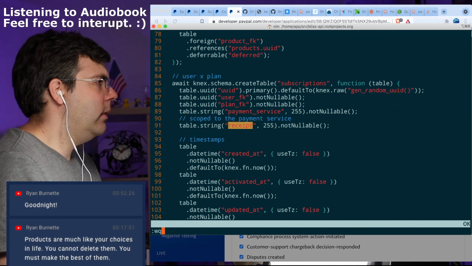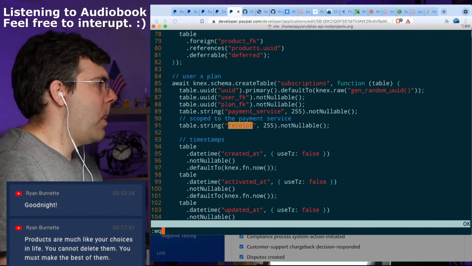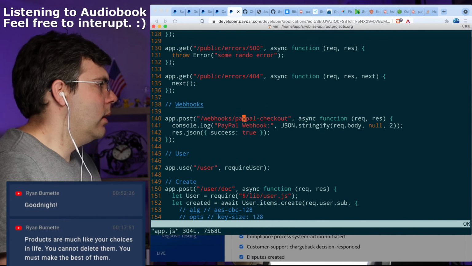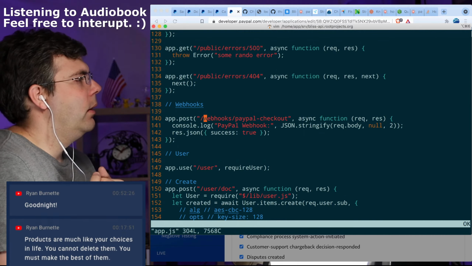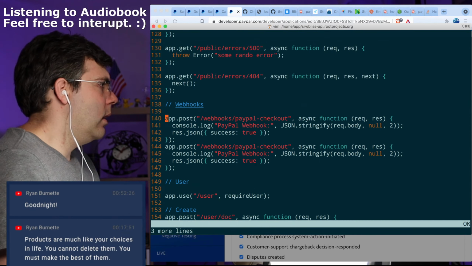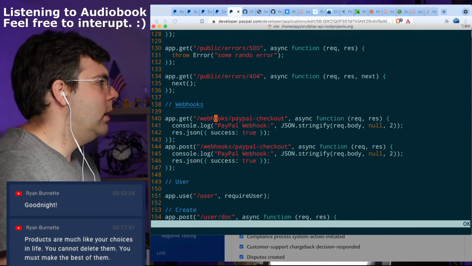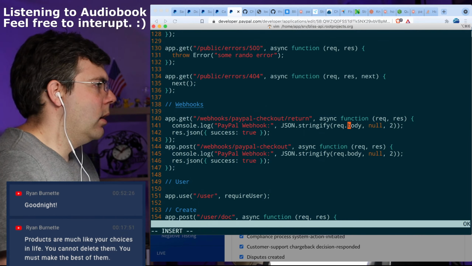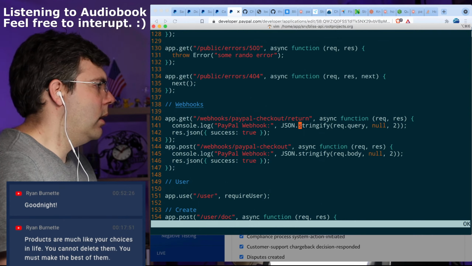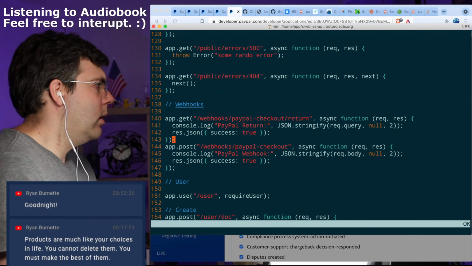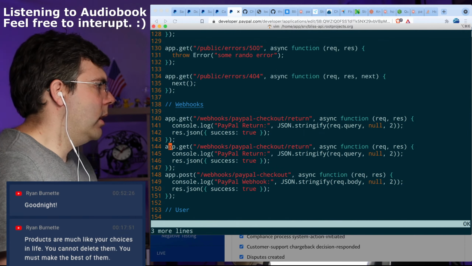Okay, well, with all that said, I guess really there should be get PayPal checkout return, in which case we get rec.query, and PayPal checkout cancel.